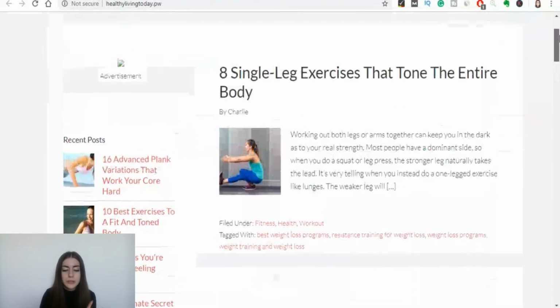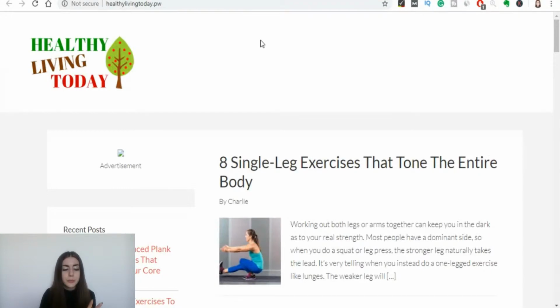Okay, so for example, there is no personality behind this website. This is basically a faceless website. Now, this strategy that I described to you a few seconds ago can work very, very well on this website. So what we can do,